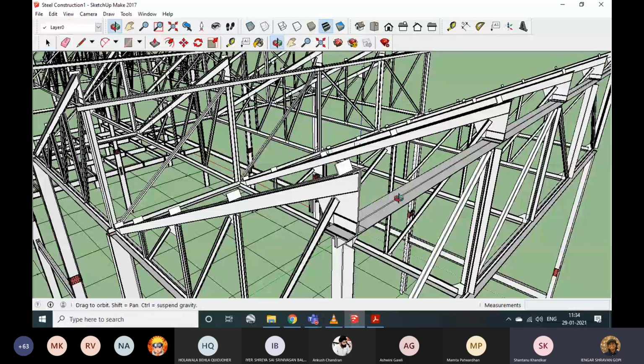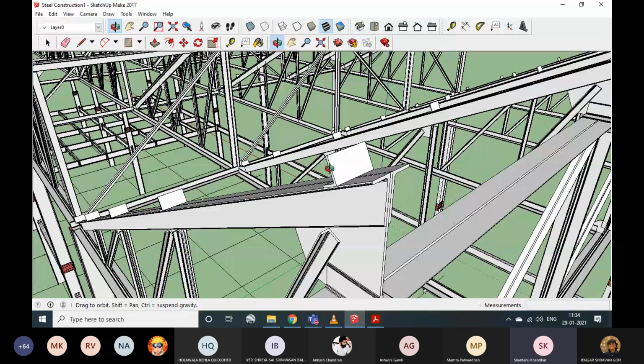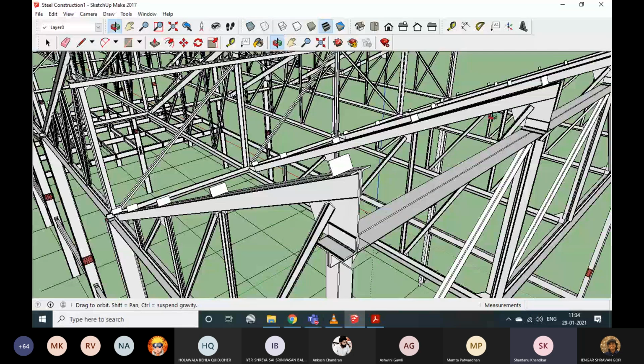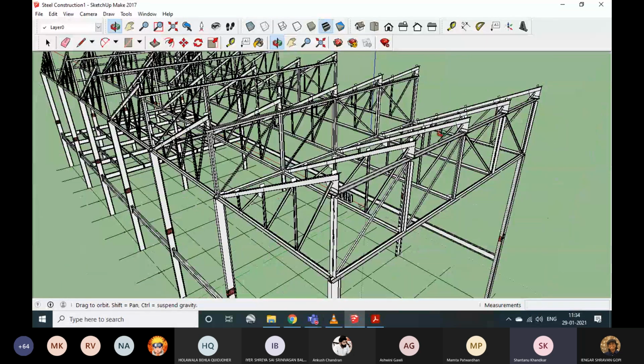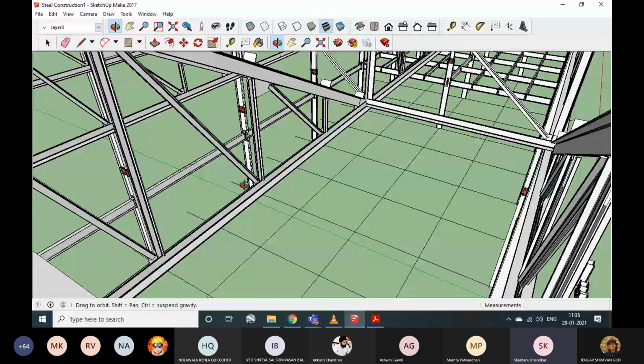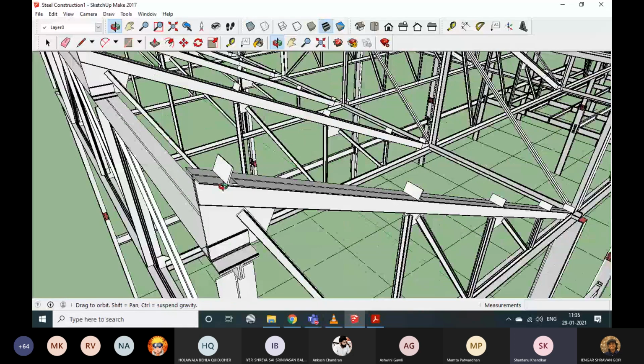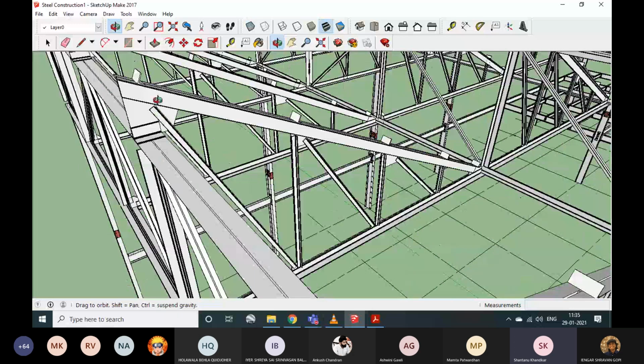Perfect. Purlins. 10 points to Gryffindor. So purlins are correct. So you're going to place your purlins across these rafters. And you can see that since these rafters are across these trusses, and since these trusses are only about 3 meters from each other, the purlins will be spanning across only 3 meters as well. So how would you place the purlins? The purlins would be placed with the help of these cleats. These cleats mark the points where the purlins would come.